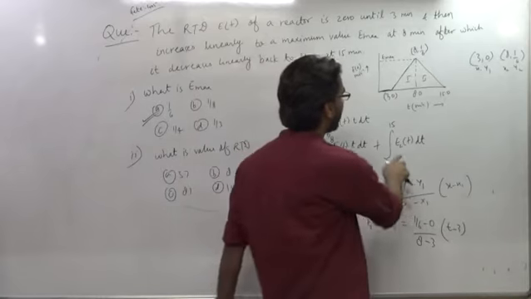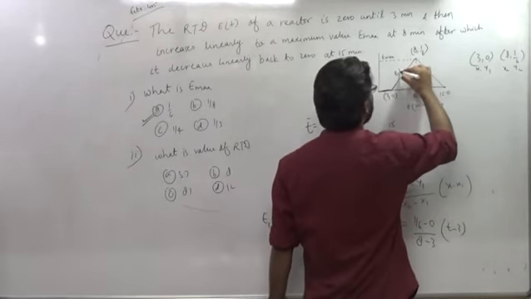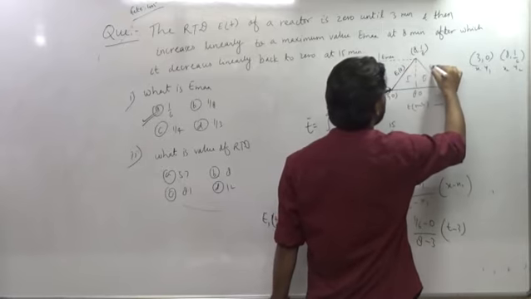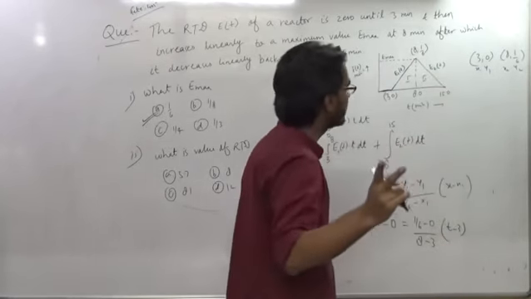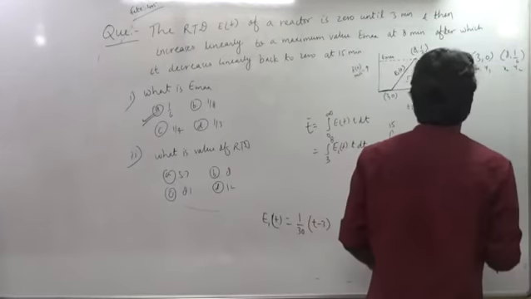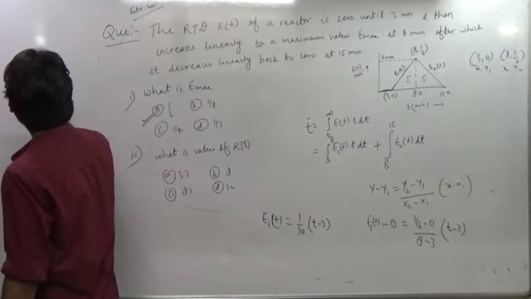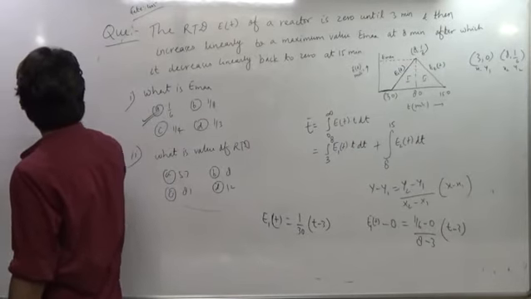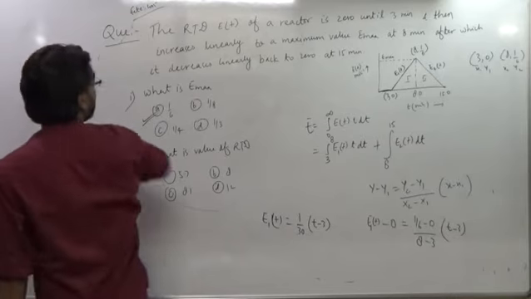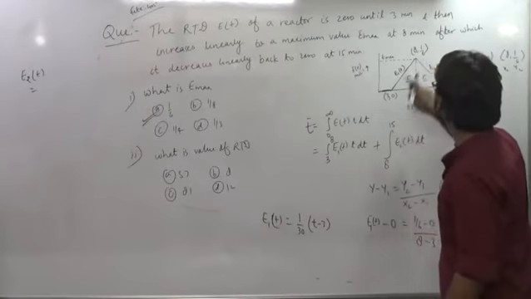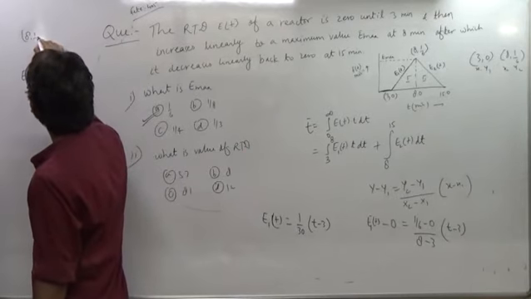But we have to also find e2(t). e2(t) is for this value. Let's say this is e1(t) and this line is e2(t). Now once again we have 2 points. So if you have 2 points for e2(t), we have 2 lines. The first point is here, this 8 comma 1 by 6.